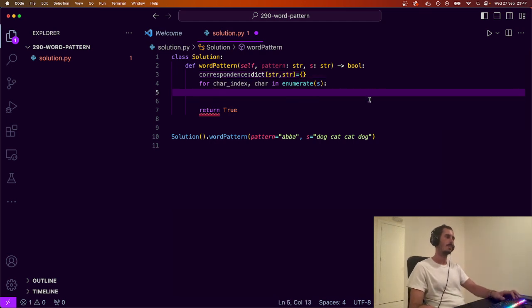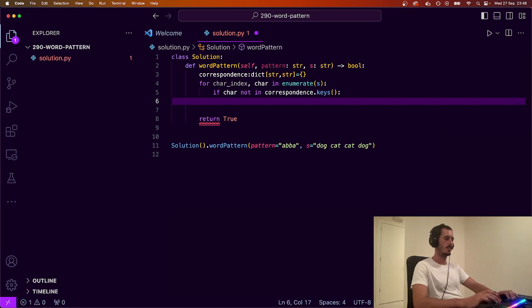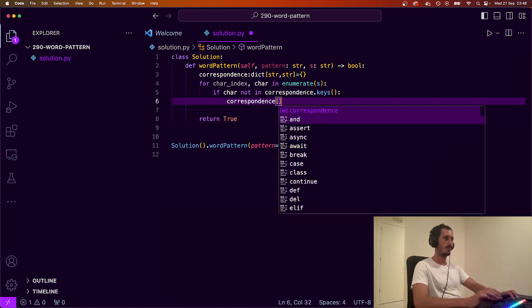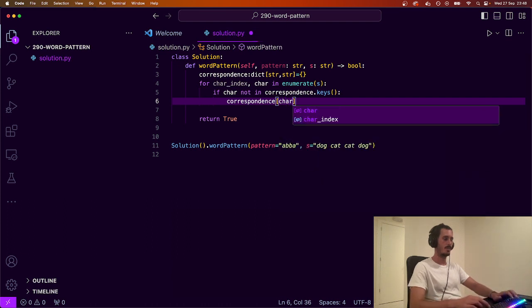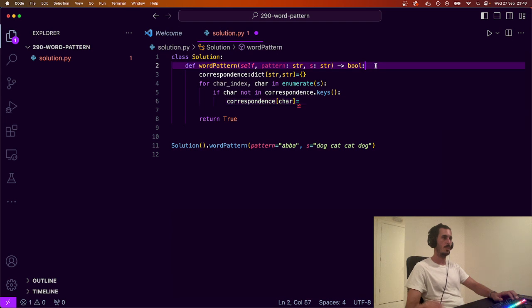So let's say if char not in correspondence.keys, then correspondence of this key, of the key char, is equal to